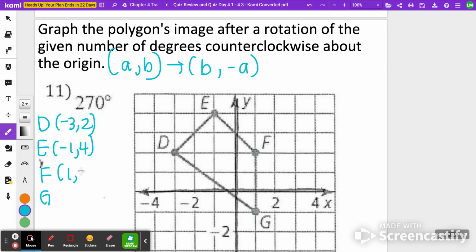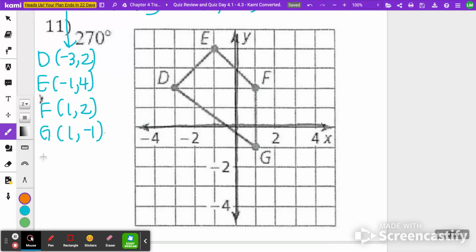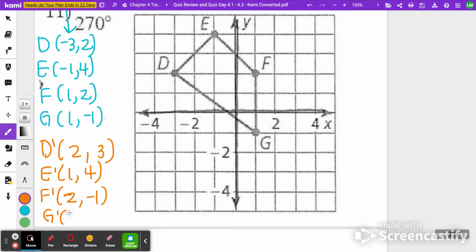F is at (1, 2), and G is at (1, -1). And all that means is A is now going to go in the back, and they're all going to get their opposites. So D prime would be (2, 3). E prime would be (1, 4). F prime would be (2, -1). And G prime would be (1,